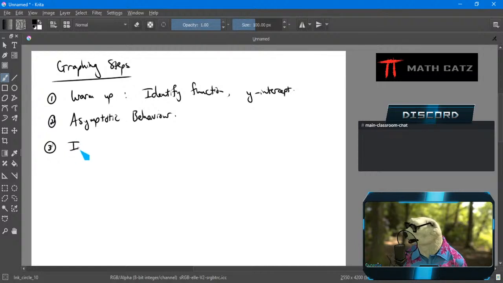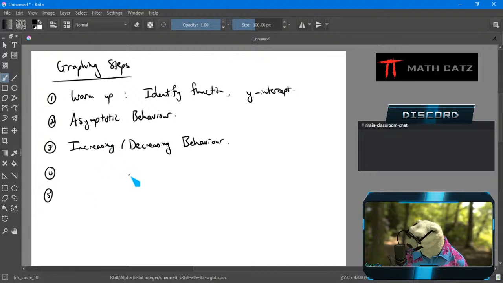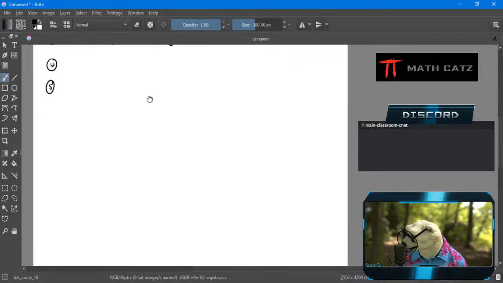Next, we want to know where the function is increasing and where the function is decreasing. So I'll call that increasing, decreasing behavior. And then we have a couple more steps to go, but one thing at a time, right? Okay, so increasing, decreasing behavior. If I have a function,